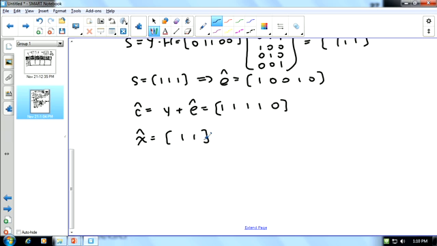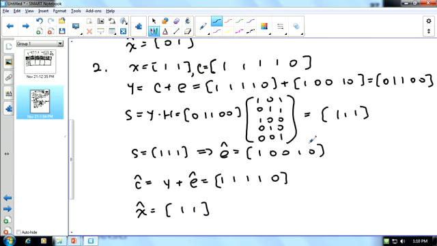So again, we can correctly recover the information. So our detected error vector is exactly the same as the actual error vector. And the reason is this error vector is in the syndrome table, right? If this error vector is not in the syndrome table, the detected error vector will be different from the actual error vector. We are going to make an error in the detection, okay? But in this particular example,